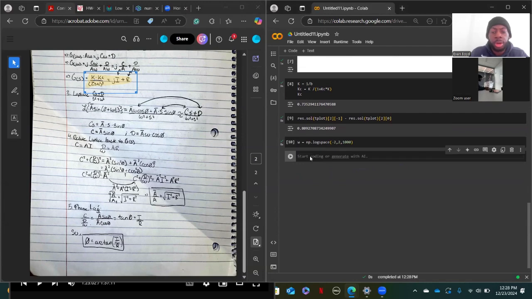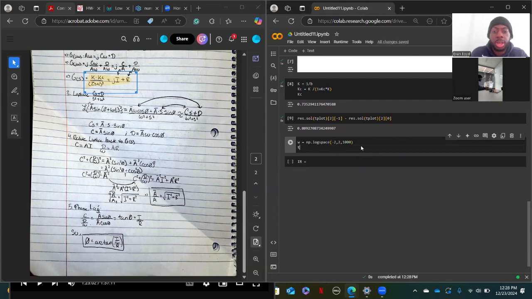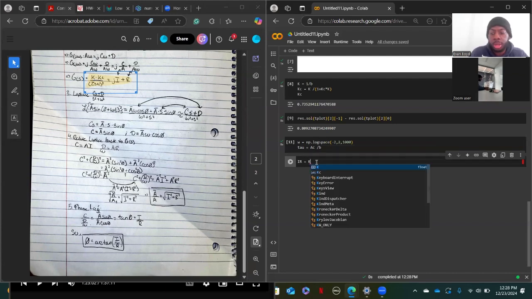The next, our IR, we know is equal to, oh, we also have to state tau. Forgot because we need tau for this instance. So we know tau is equal to the cross-sectional area of the tank divided by B. So that is our tau. So now we can use tau in our equation. So we have all the other terms from the previous. So K times KC divided by